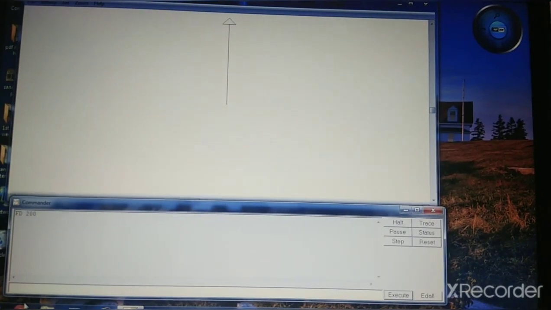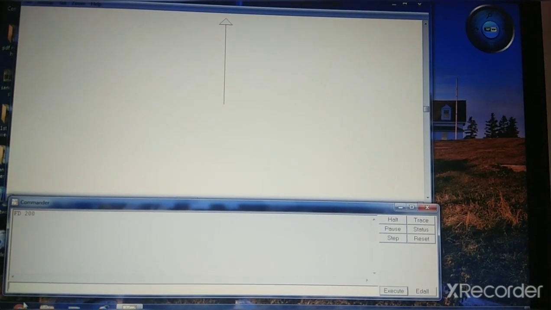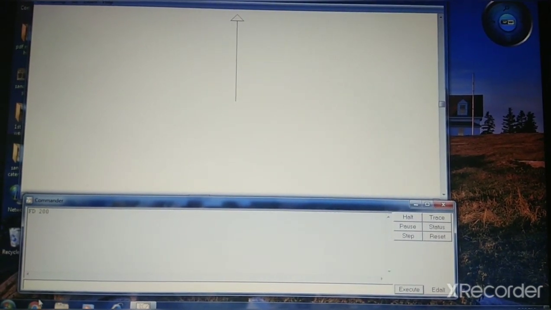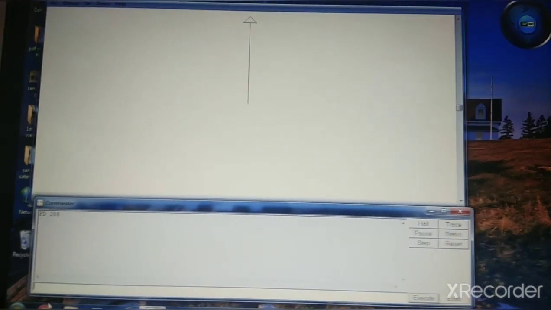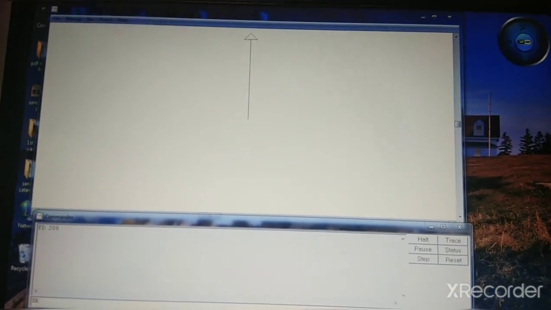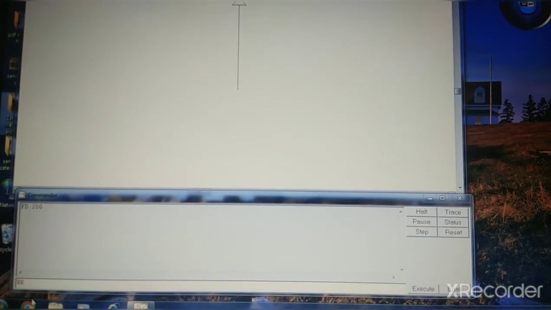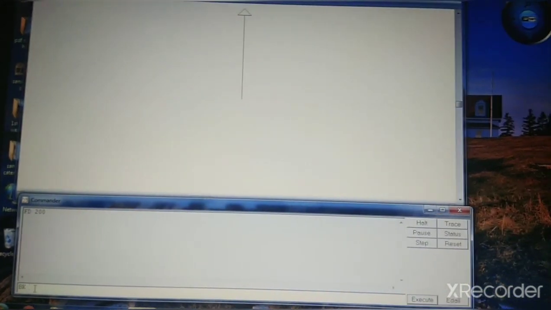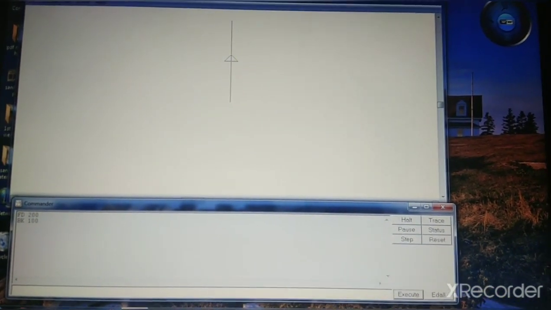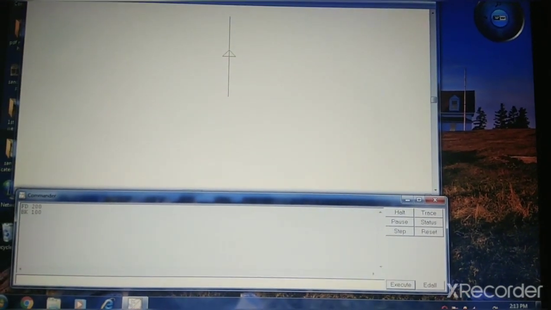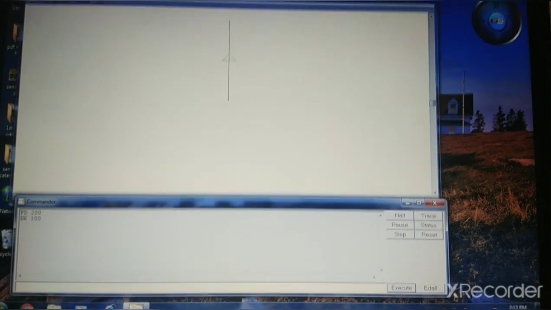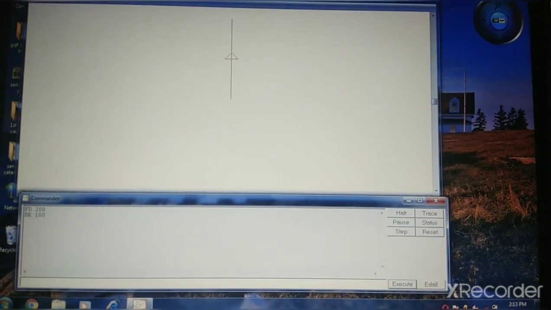Now see, we will give one more command, that is BK 100. We will tell the turtle to move backward. Okay, we will take the turtle back, BK and space, then you type 100 here. Give a space and type 100 and press enter key or execute. Now you can see the turtle has moved backward. It will come back 100 steps. It is at the center of that line.